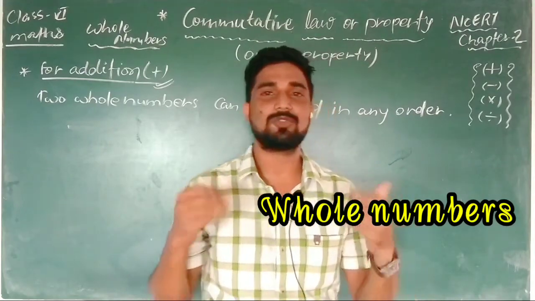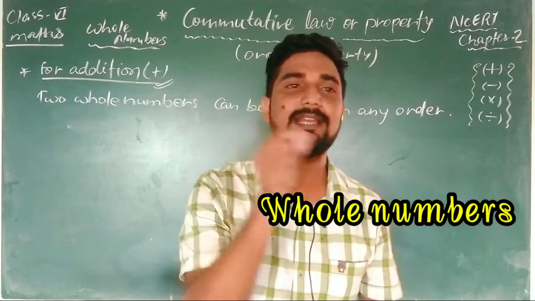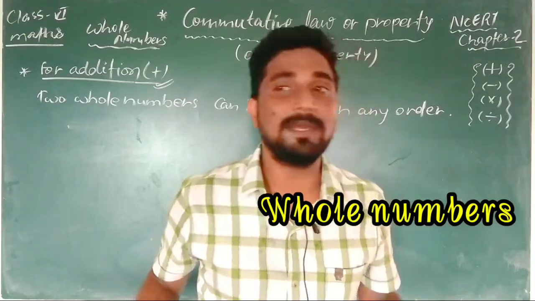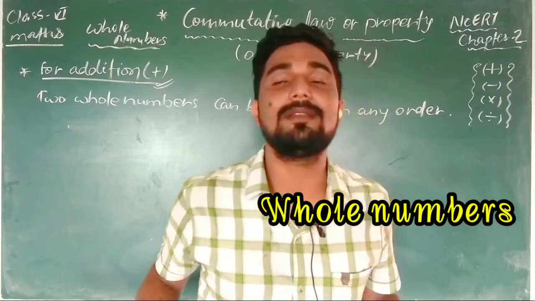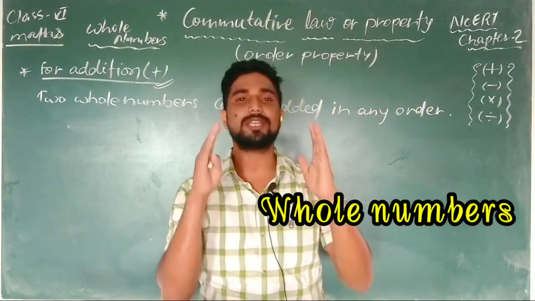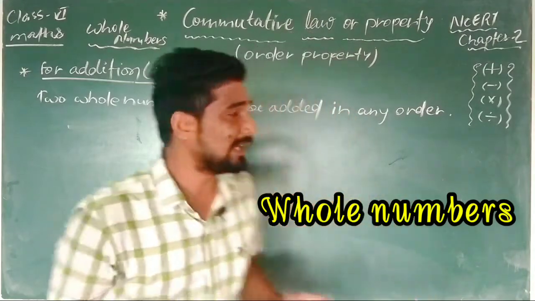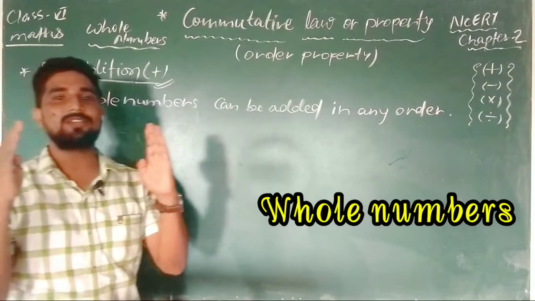And obviously it is known to us, if you check for the addition operation, then we will put the plus sign in between. If you are going to check for minus, then minus will be in between. If you are going to check for multiplication, then multiplication will be between both the numbers. So you have to keep this in your mind. When you change the order of two whole numbers, the result remains constant. So let me write for the addition operation I am going to check. So I will tell you, when you add two whole numbers.